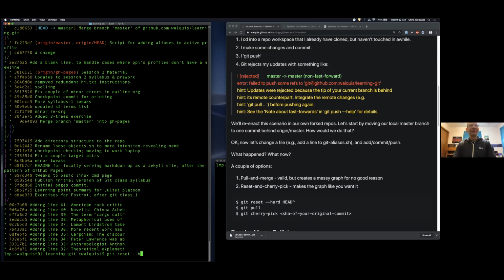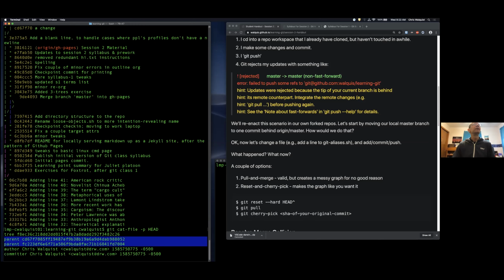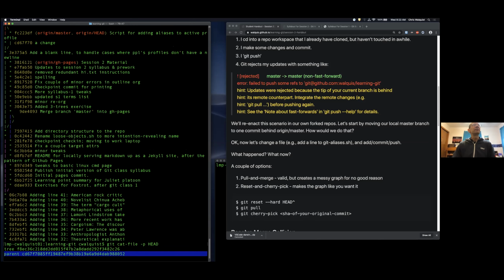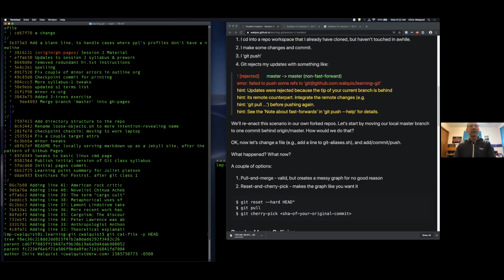If I go and look at it with git cat-file -p, you know, C1D0, this is actually just HEAD. That would be good enough. Yeah, two parents, right? Because it's a merge commit. So as it turns out, it takes the first one, and the first one happens to be the one we want. So HEAD caret will work,